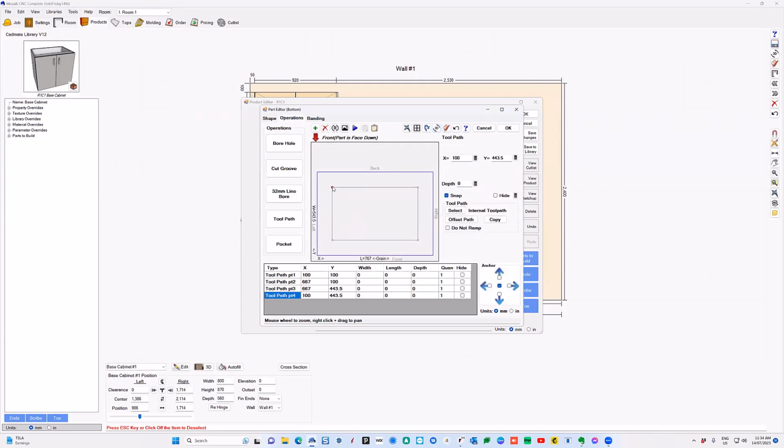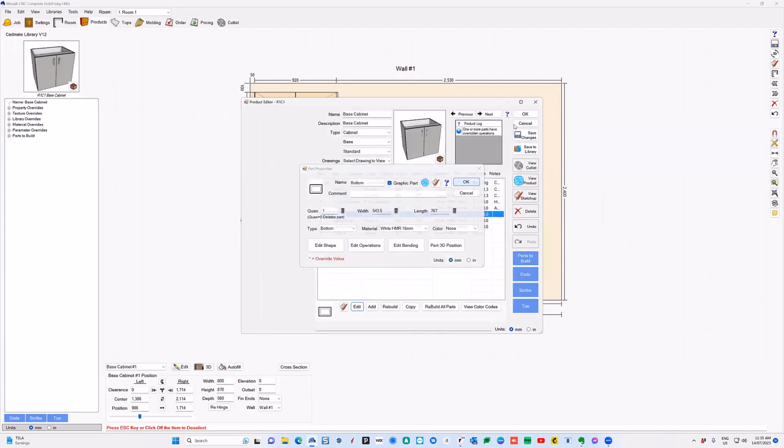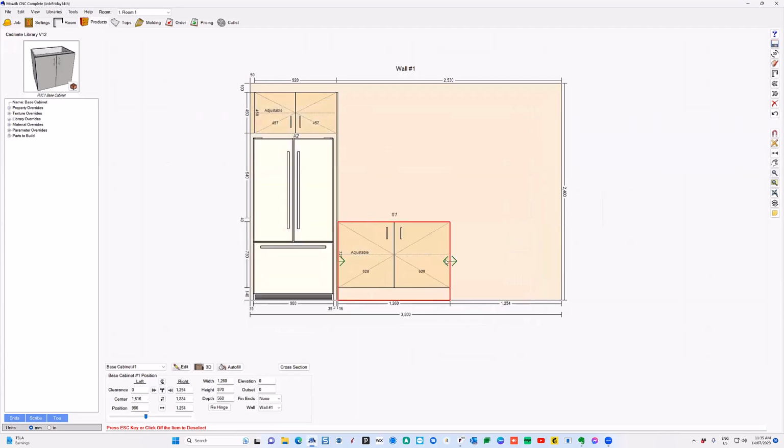You can click on these points. So you could either achieve a formula here by clicking on these options and typing in a formula, or you could just go to the anchor option and I could anchor that point to the top left. I could click on this point and anchor that to the top right. So I'm keeping the distance away from this corner consistent. And I could go to the bottom point here and anchor that to the bottom right. Then I could go to this point here and anchor that to the bottom left. And so now, without typing any formulas at all, I've made that completely parametric,